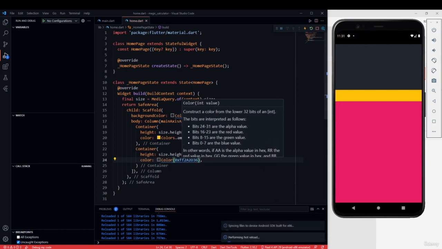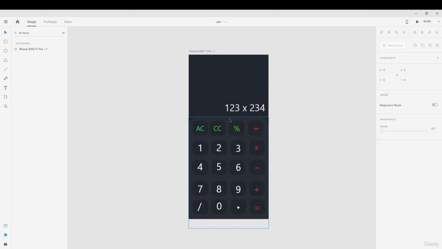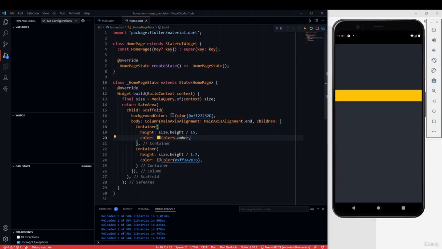And now let's save this, and you can see that the color is differentiated here. So make sure that both of these colors are not too similar, because you will get the idea then that they are different containers, right? And for this container, we can just keep this yellow for now so that we can see where the container exactly is. Also, you can add a constant keyword here